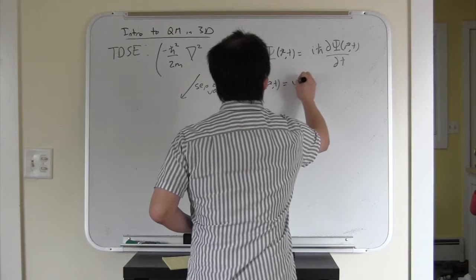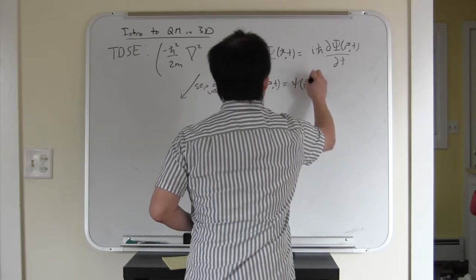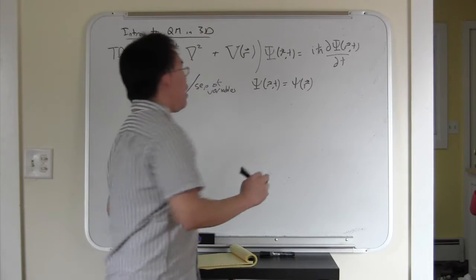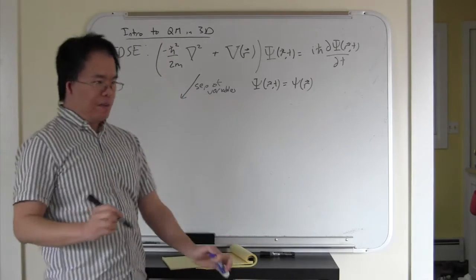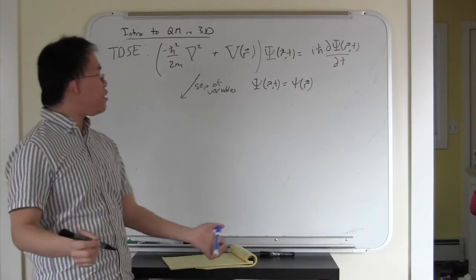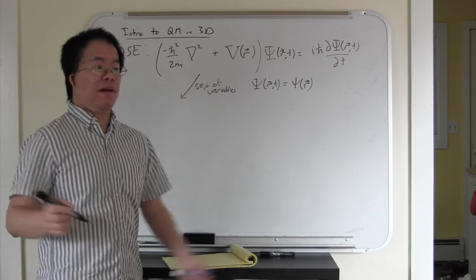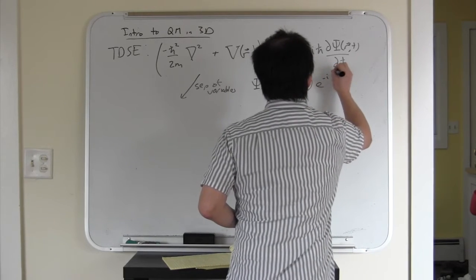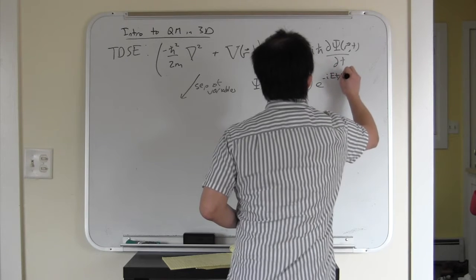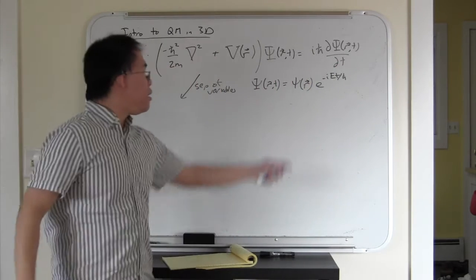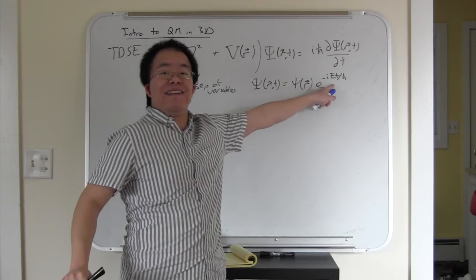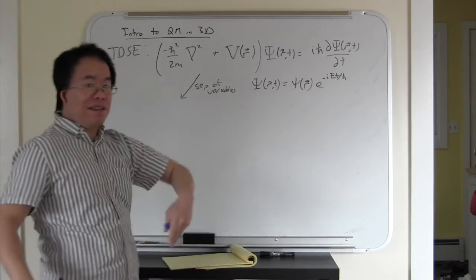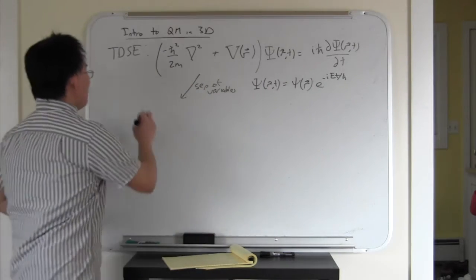So we'll be able to write this as little psi of r times something time dependent. Not too surprisingly, it's just the same time-dependent phase factor that we've come to know and love, e to the minus iEt over h bar, where lowercase psi and E satisfy